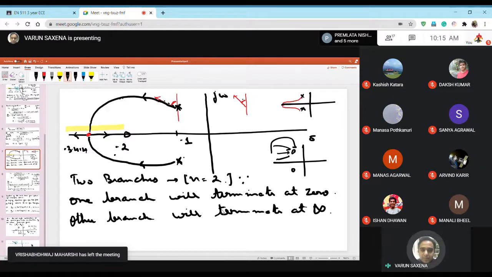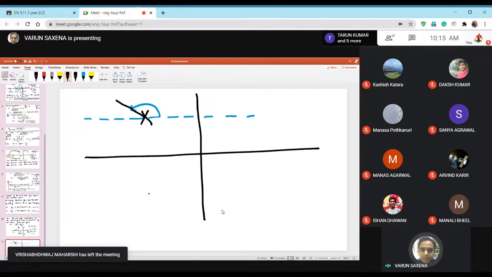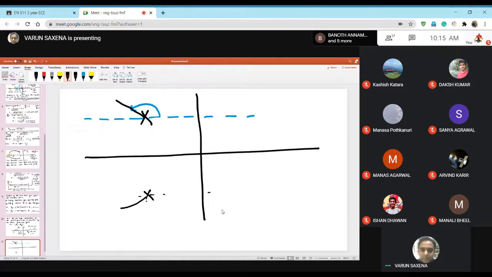So if this is the case for this, then if you have something here, and if you create like this, the root locus has to depart like this, because then this angle is going to be minus 135. So that is how it goes. And you can evaluate it for other problems also.